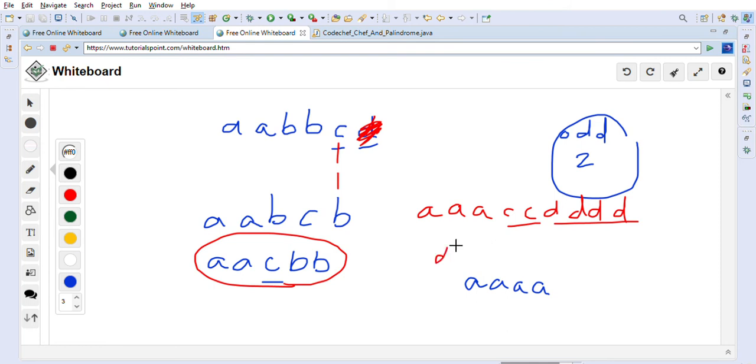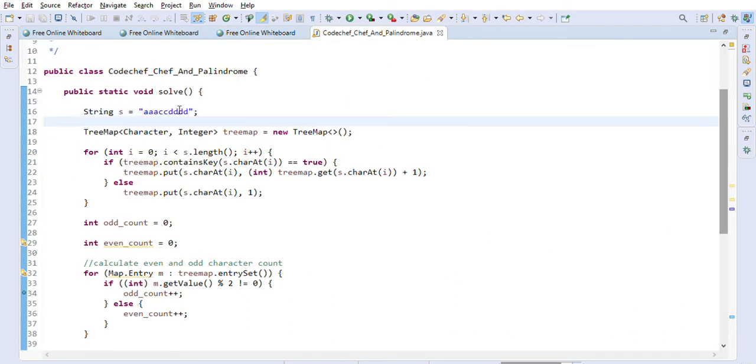Then let's say we put DD here, then C here, then AAA, then after that again C, and then DD, right? So now it became a palindrome, correct? As you can read the same from front and back, DDCAAACDD, DDCAAACDD. So it is the same from front and back, so it is a palindrome. That's why we are getting yes as the answer.